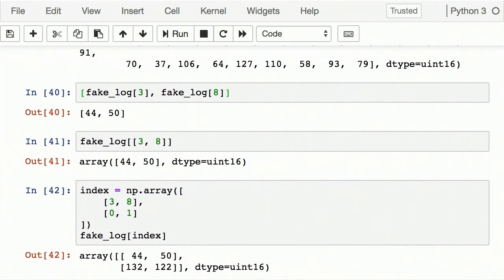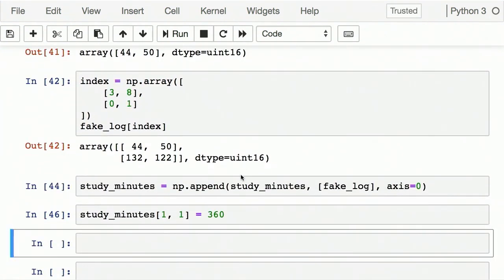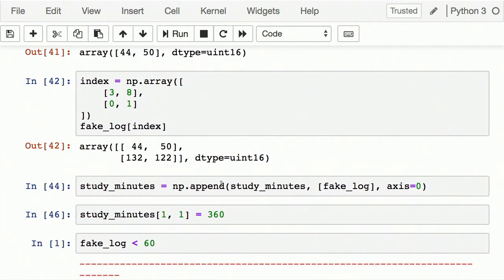So the ND array object is pretty powerful. Just about every comparison operator has been overridden. So let's take that fake log object that we're using because it's one-dimensional. So it's a one-dimensional array, and it's filled with 100 random values. So we'll do fake log, and check this out. I am looking for values that are less than 60 because there's 60 minutes in an hour. So I can just write that. So fake log less than 60, and what will happen is